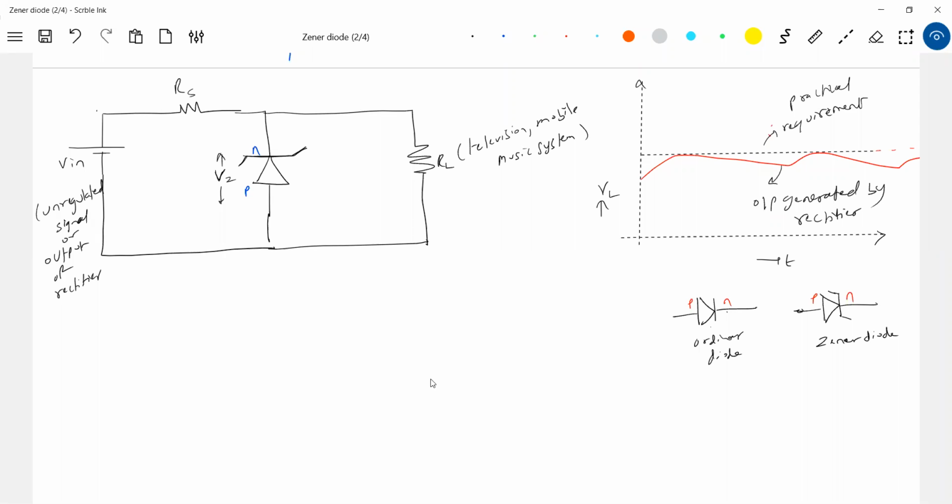How will it work now? What is the basic idea of the Zener diode? I'll start directly with a problem. The breakdown voltage. Let me take a numerical, because if I just talk now, it will become like a story and you'll get a good sleep. So let me assume these values.